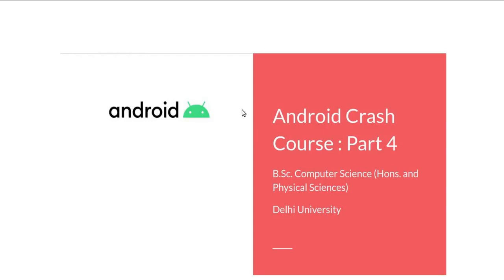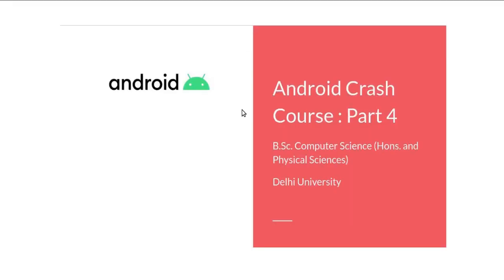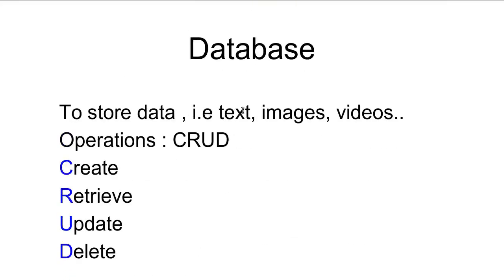So this is part 4 of the Android course. We will do the database here. We will understand how the database works in Android. As you know, the database is where we store our data, such as text, images or videos, or in the case of binary data, what we call a blob. In a database we have four kinds of operations, that is